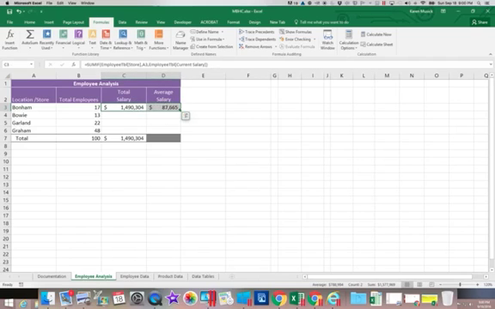So if we take these two formulas and we can copy them down, and you can see now we instantly have an average, a count, and a total salary for all the employees at each given store. Now let's say we added some new data. We hired a new person